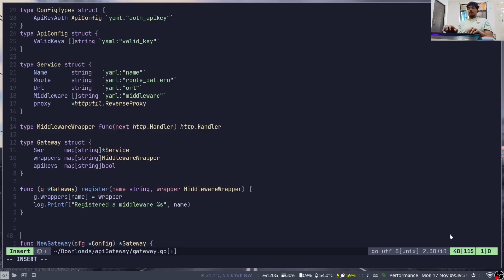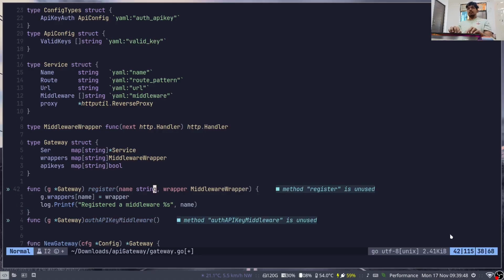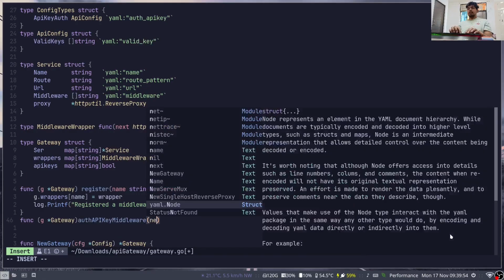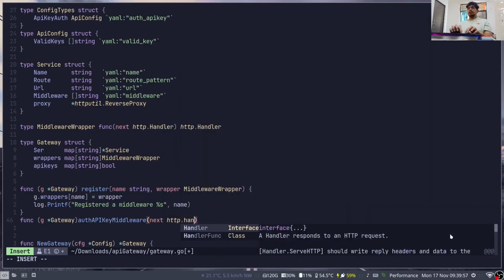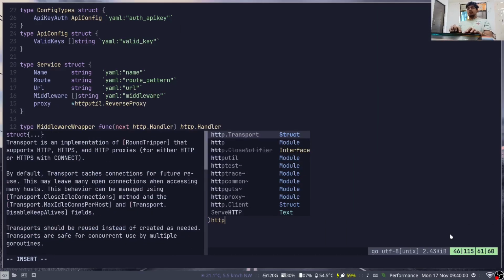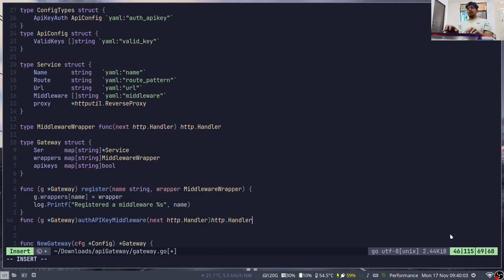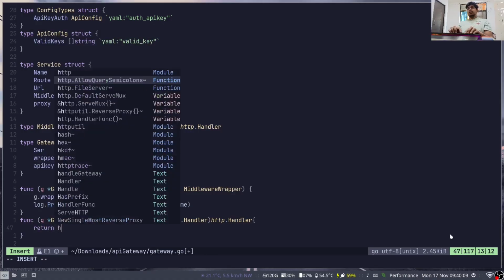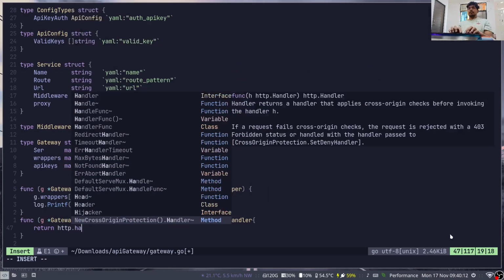Let's now make the auth function. Function gateway. It will be auth API key middleware, which will be of type this middleware wrapper, because it is the wrapper. So it will take a next function, which will be of type HTTP handler, and also return a HTTP dot handler. So it would return HTTP dot handler func,